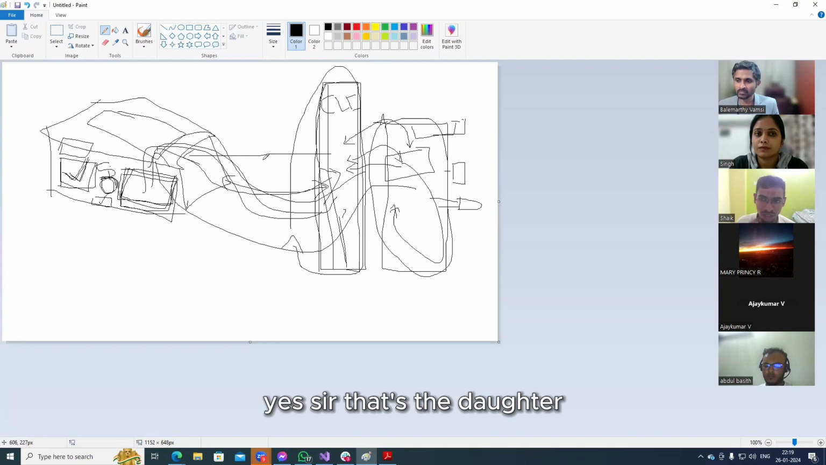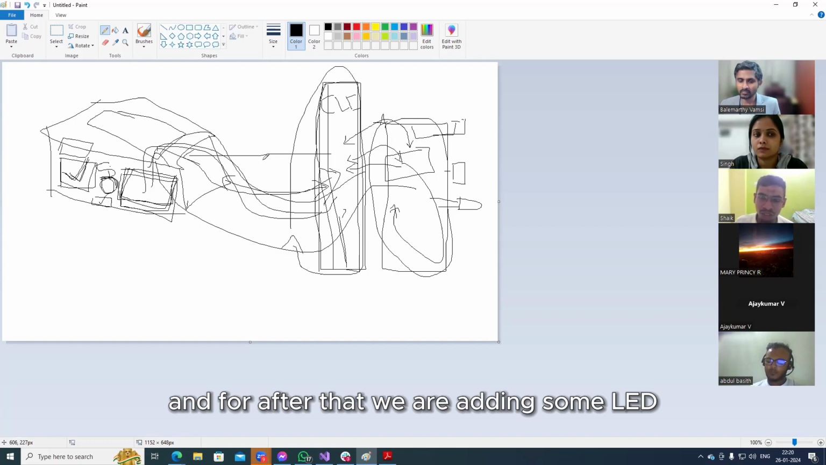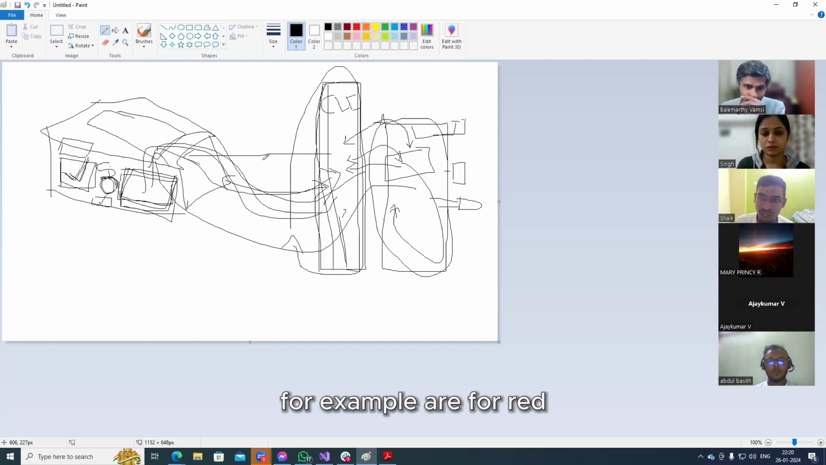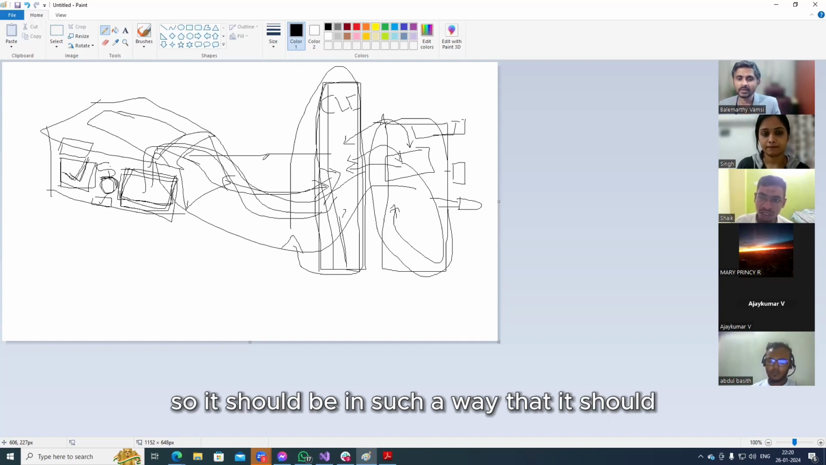Yeah, sir, that's the dot I have. For example, for temperature, we have some character value. And after that, we are adding some small LED, where we only want to know the color. For example, R for red, G for green. So it should be in such a way that it should...